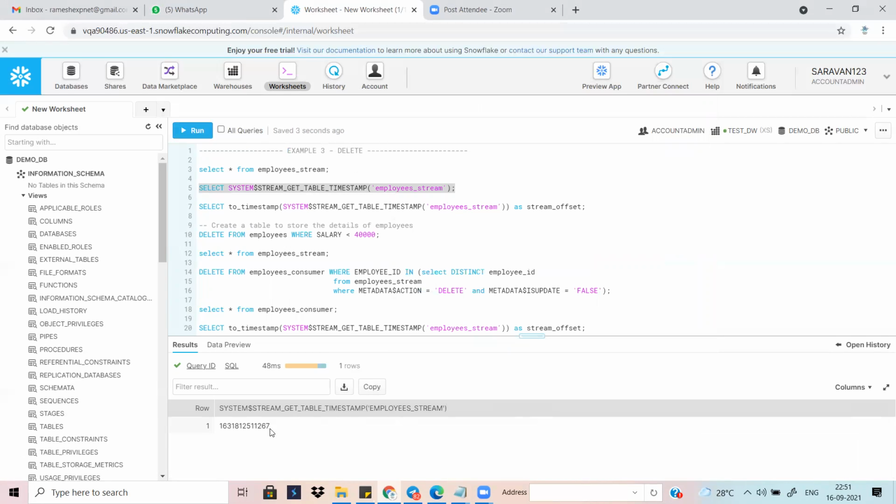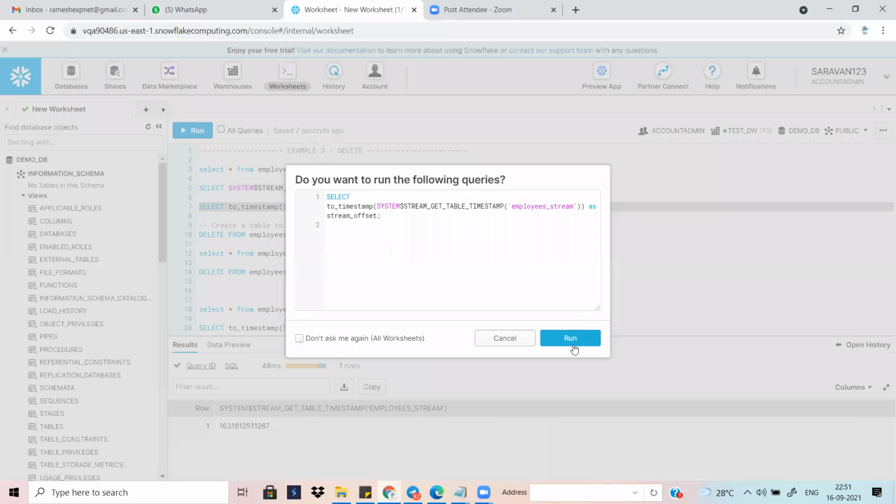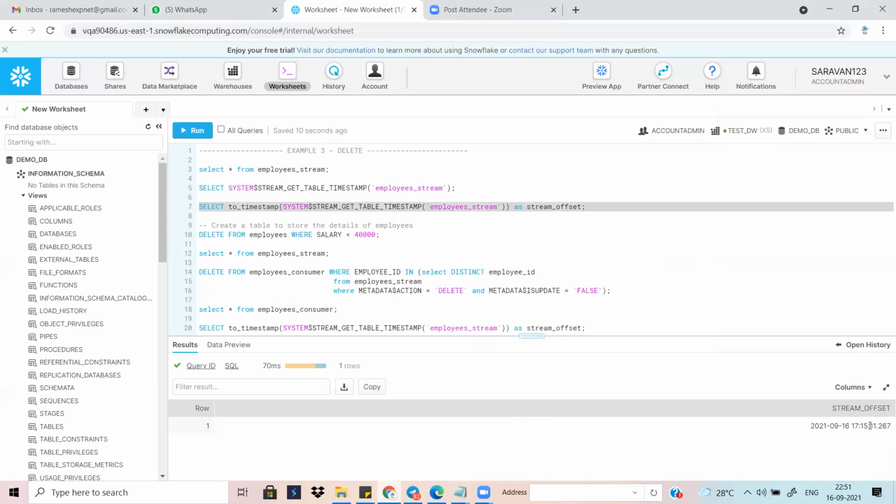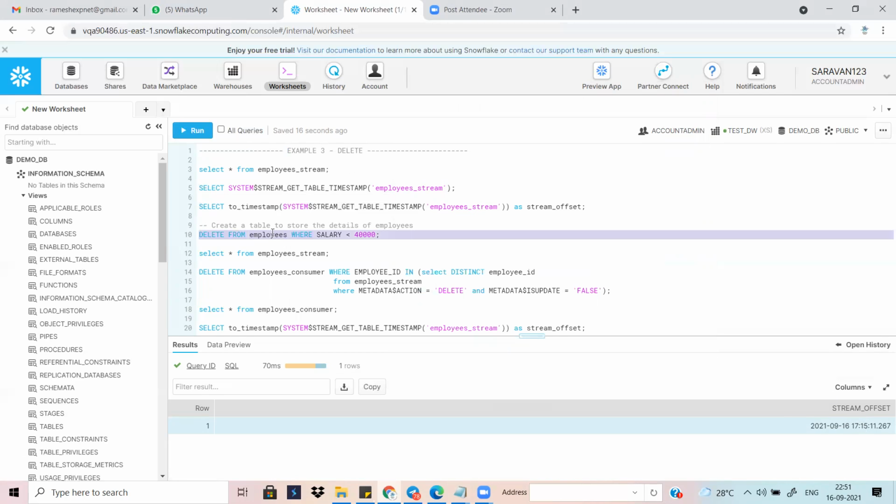So this is the last timestamp. What happened, you can see that. So this is the latest, right? After updating, 1715 only is updated. That is the latest. The stream will be tracking the changes, right? So right now, what can you do? Whoever's salary is less than 40,000, you are deleting from the source table, the employee table, first table.